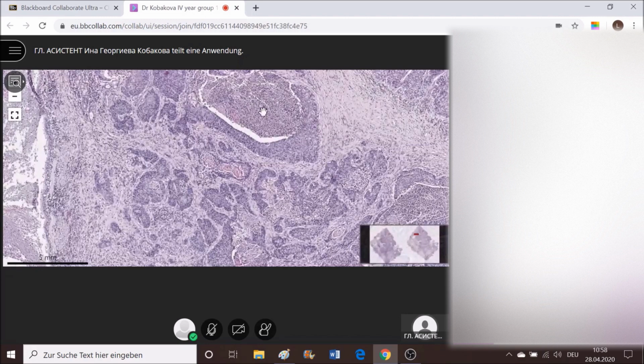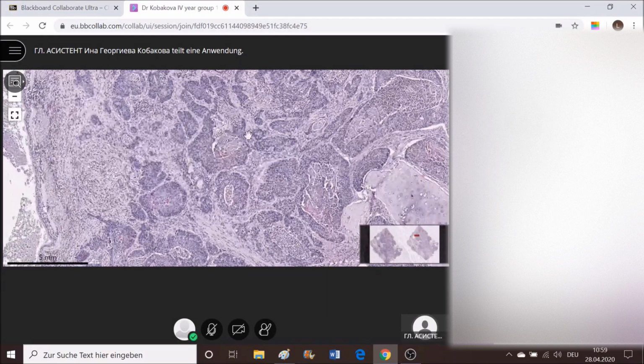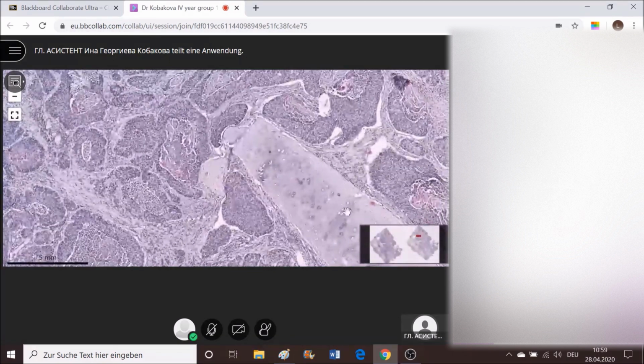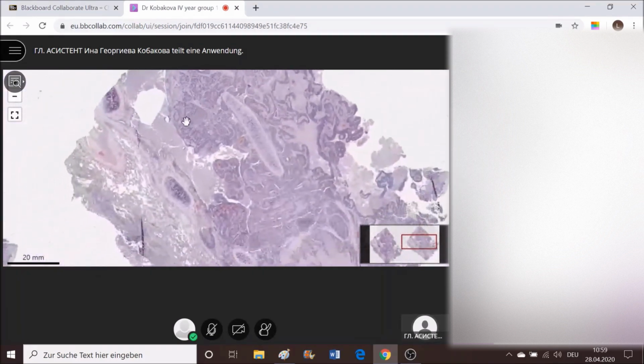So what we observe here, again, a nest of cells with central inflammatory layer and desquamated cells both, formation of keratin, keratin again. Here, keratin formation of a pearl, nest of cells. Here, hyaline cartilage in the middle of a carcinoma growth. And if we take a look at the slide as a whole,